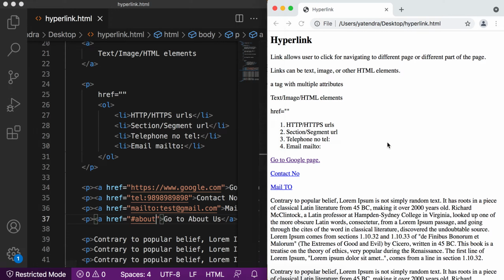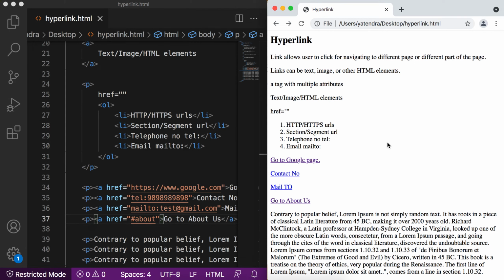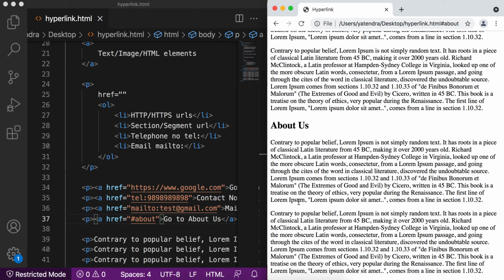Save this, go here, refresh. Now this is the link available. Go to about us, and when we click on this, let's see what happens. It scrolls down the page, and now we are on the about us section.